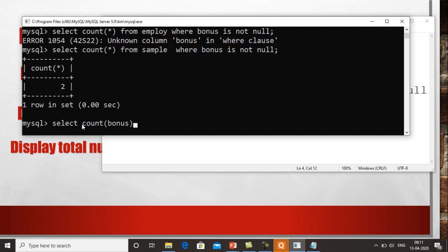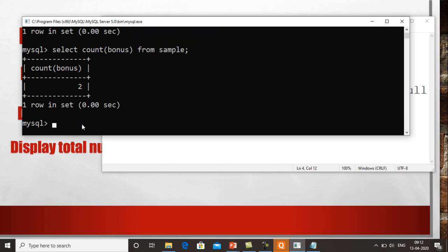When I write select and within the brackets bonus, what will this function do? This function will simply look at the field bonus only. It will not look at the entire record, it will concentrate only on the bonus field and count the number of entries in that field which are not null. From sample, because the name of the table is sample. Once I press enter, you can see that I am getting the answer as 2.